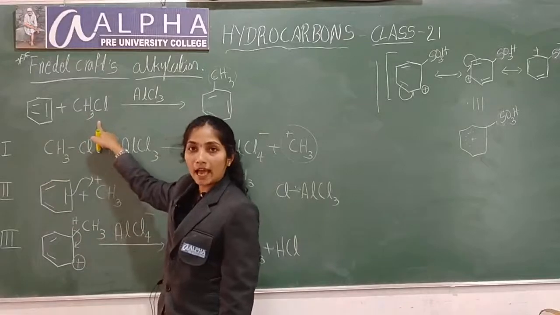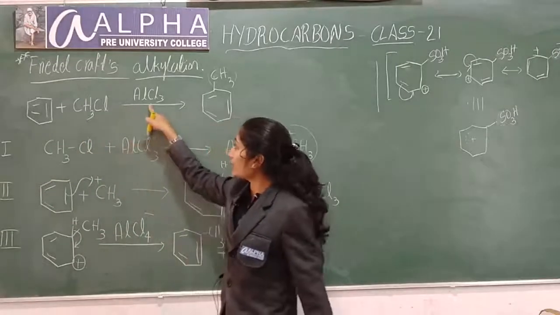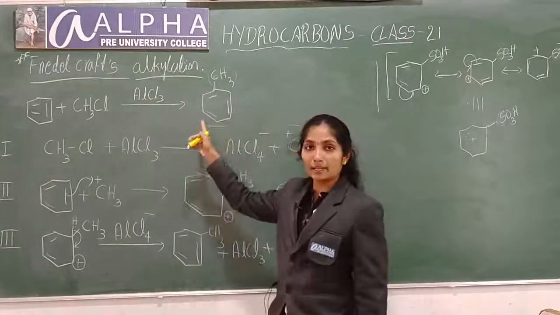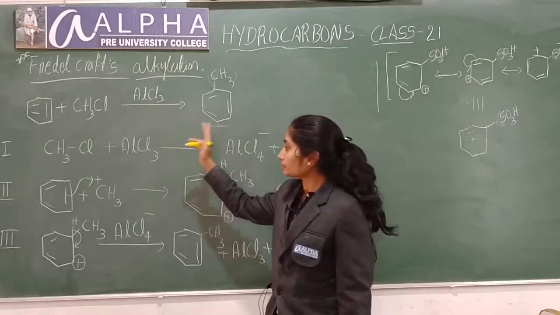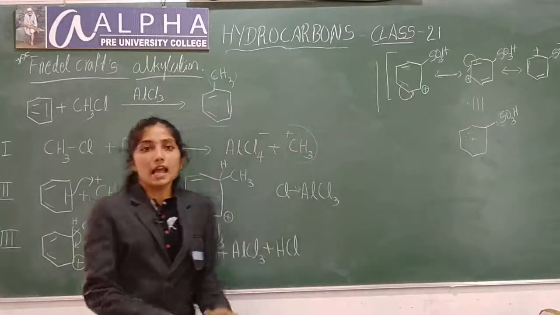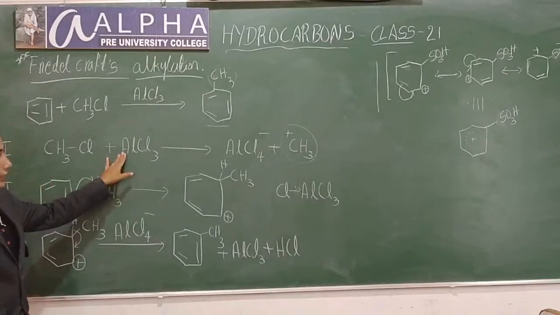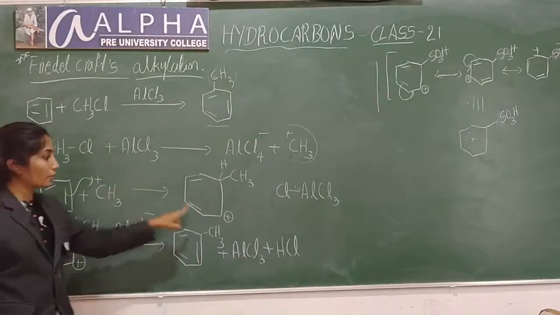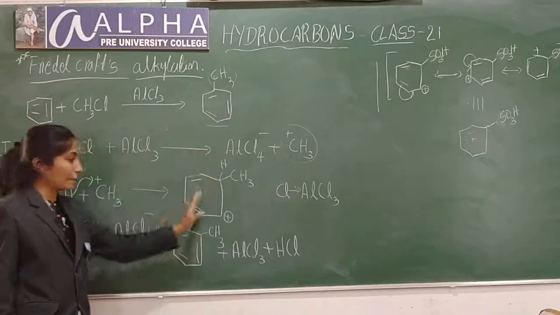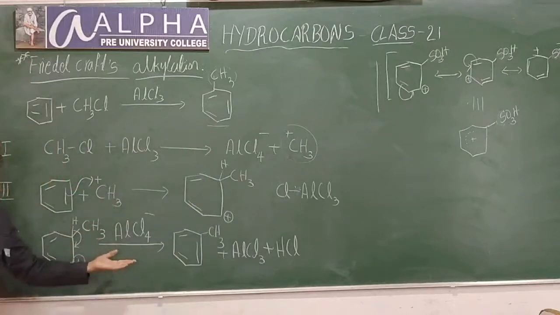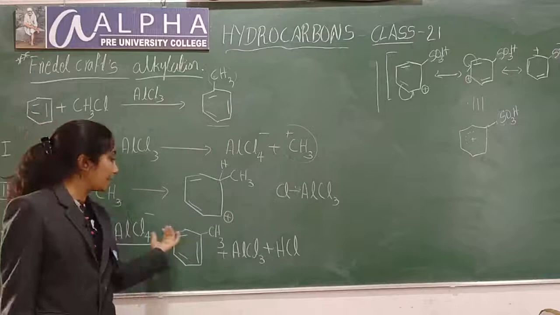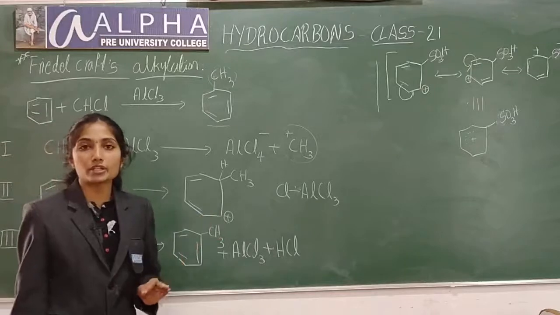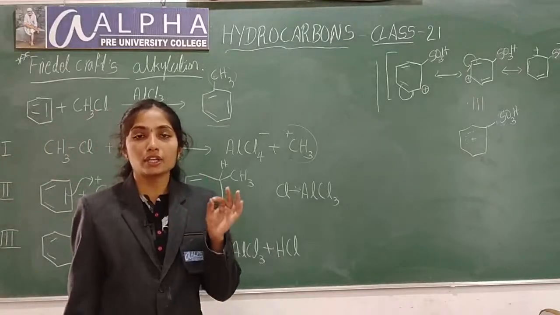So this is the Friedel-Crafts alkylation reaction. Benzene reacts with alkyl halide in the presence of a Lewis acid like AlCl3 to form alkyl substituted benzene. Here it is methyl benzene, also called toluene. First step is generation of electrophile: alkyl halide reacts with AlCl3 to form the electrophile. This electrophile attacks the benzene ring in the second step to form a carbocation, which is resonance stabilized. The third step is elimination of proton. To attain its aromaticity, it loses a proton to produce alkyl substituted benzene. This reaction is called Friedel-Crafts alkylation.